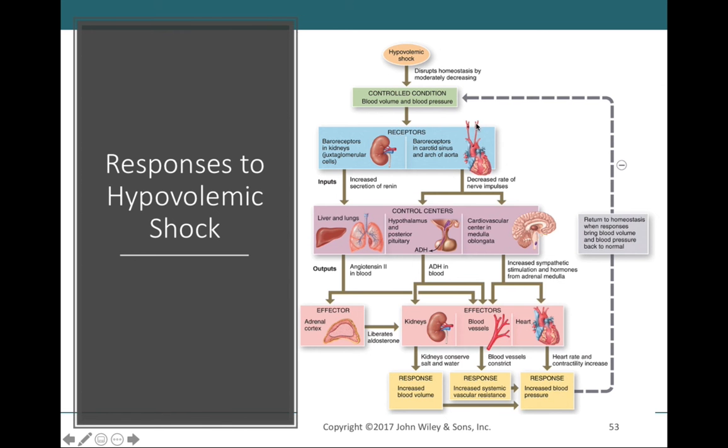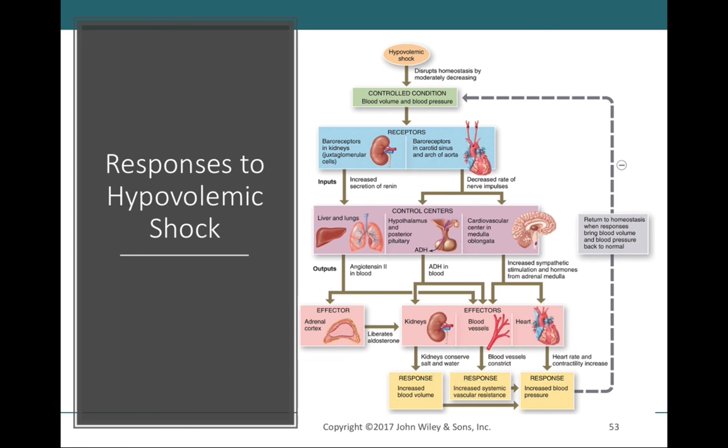The first thing that's going to happen is the baroreceptors, specifically in the arch of the aorta and the carotid sinus, are going to have their own little pathway that they'll take. These baroreceptors are sensing stretch on the walls of the vessels. Those are our pressure-sensitive mechanoreceptors, and they're naturally sending out inhibitory signals to the vasomotor center. The more they're stretched, the more frequently they send inhibitory signals, and the greater the inhibitory signals will be to